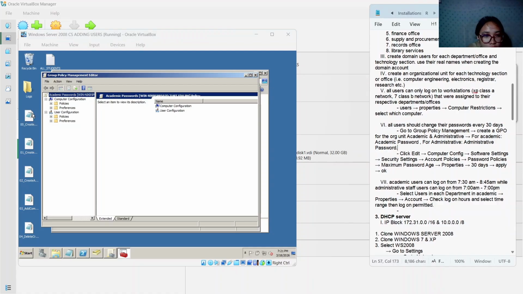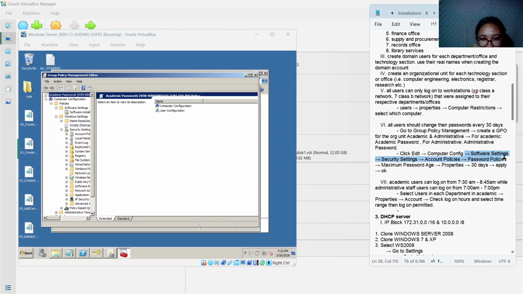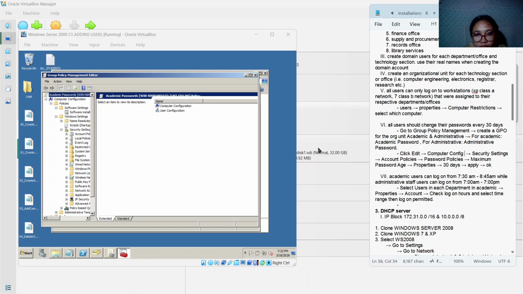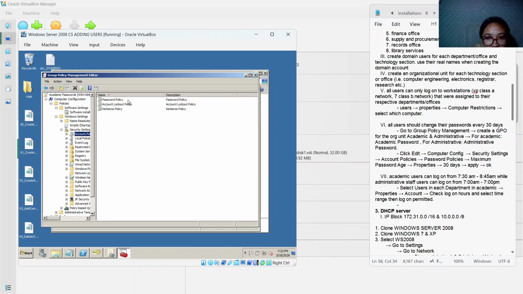Then let's go to computer configuration, policies, software settings, Windows settings, security settings, account policies, and password policies.